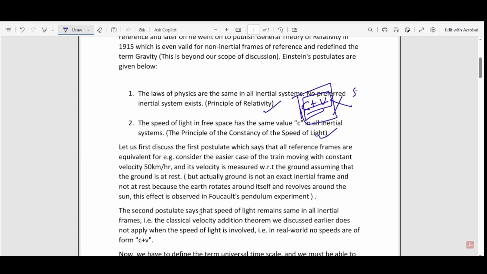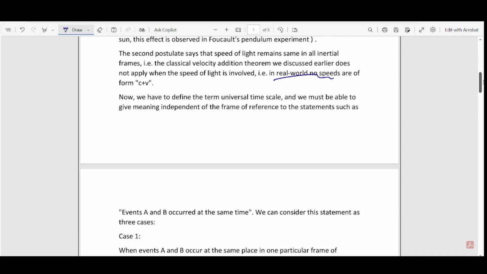Now the second postulate again states that the classical velocity addition theorem does not apply when the speed of light is involved. That is, we can think that no real world speeds are greater than the speed of light, or of the c plus v form. So now we have to find a way to define the universal time scale,